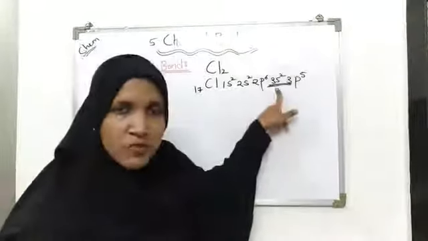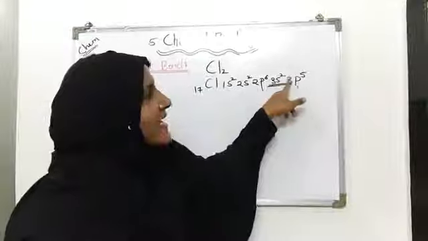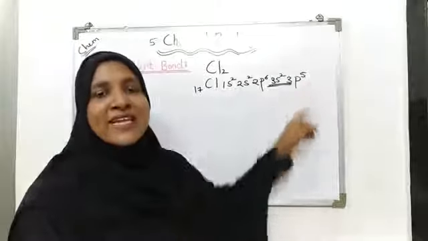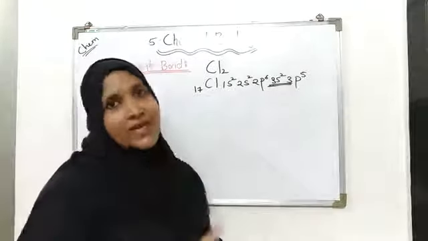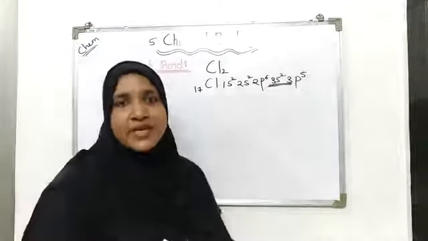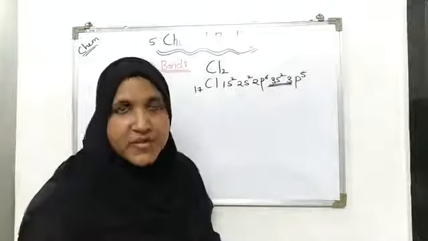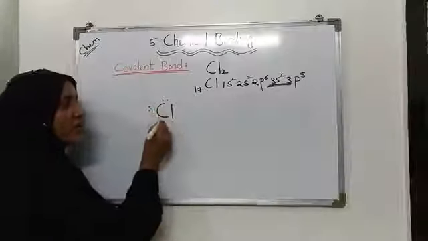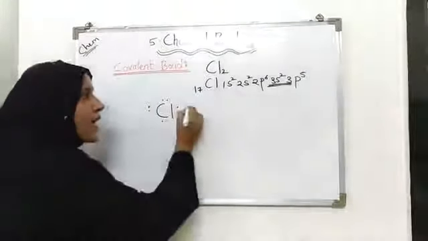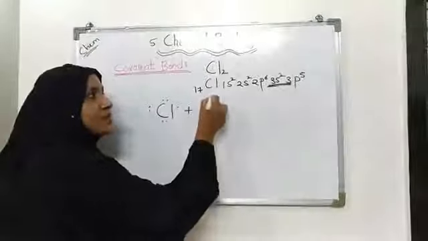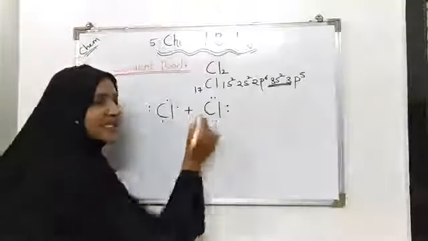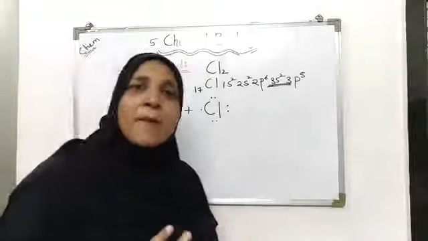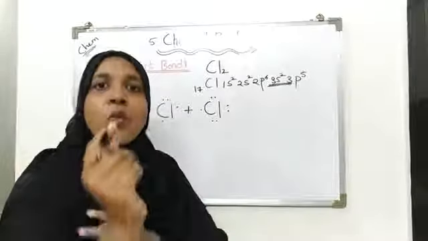This is the outermost shell of chlorine and it contains 7 electrons in it. So the octet of chlorine is incomplete by only 1 electron. To complete its octet, chlorine requires 1 more electron. So when chlorine, which has 7 electrons in its valence shell, approaches another chlorine atom which also has 7 electrons in its valence shell, they come close to each other and they tend to complete their octet by sharing 1